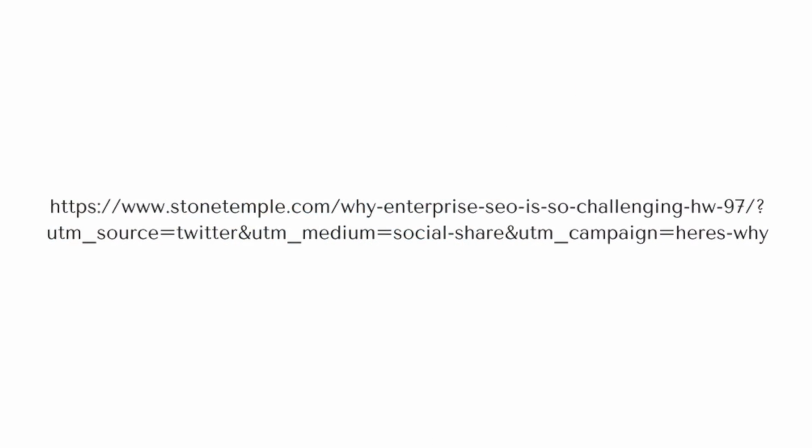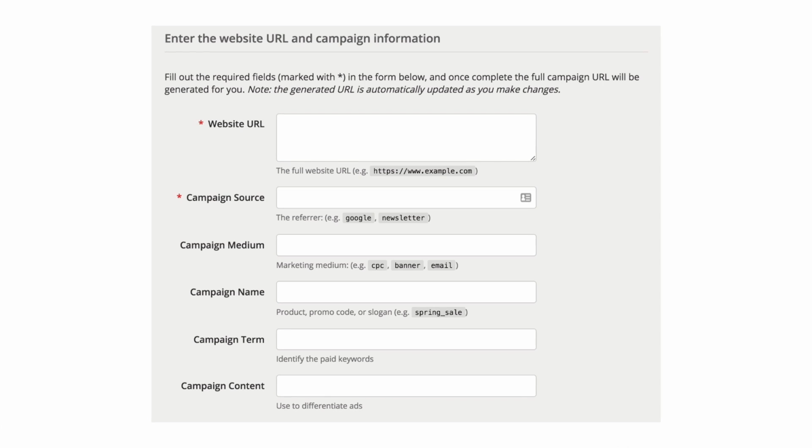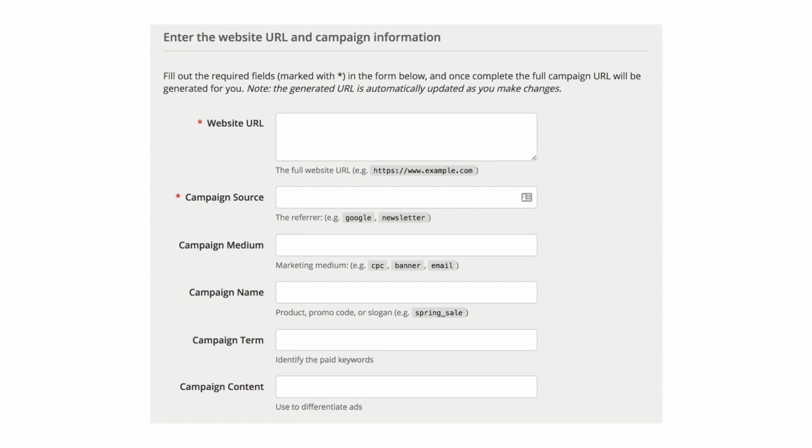Speaking of effort, is it difficult to create UTM tags? Well, not really, thanks to some tools that are out there. The UTM coding itself looks complex when you see it in a link, as you do now, but the tools allow you to input your tags and then copy and use the resulting tagged URL. Now, the Google Campaign URL Builder that you're looking at now is one such tool.